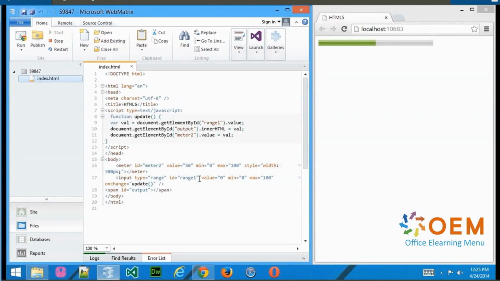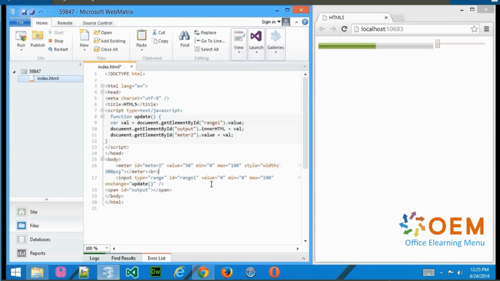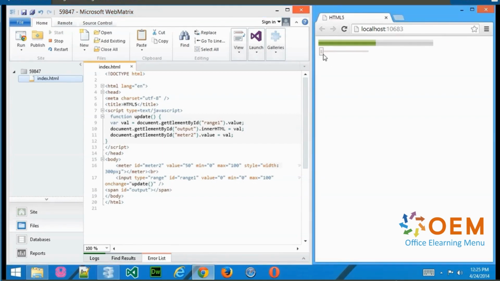Go ahead and save that. And if I refresh the page now, you can see there's our slider. As a matter of fact, I should have put a page break here just to sort of break things up. Save it. And there we go. Now, when I start to move the slider, you can see now the value is changing. So even though it starts at 50,